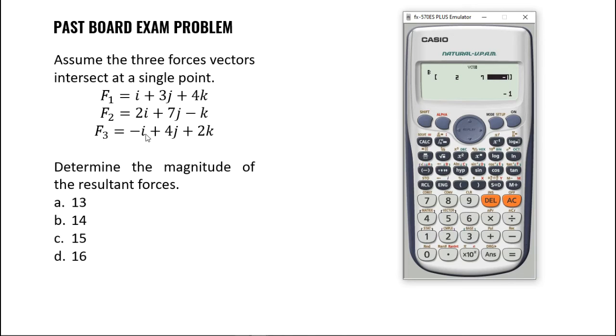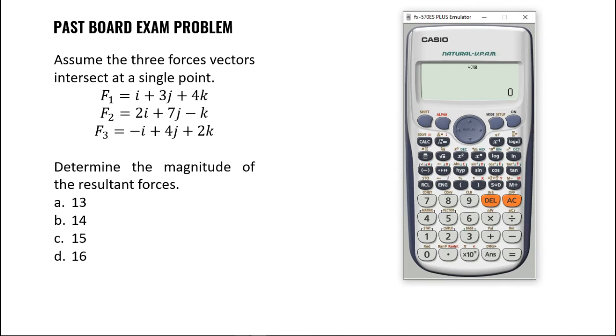Then, for force 3, sa C natin siya guys ilagay. So vector C. Then we have here shift vector, so data. Then vector C. Then 3-dimensional din siya. So we have here negative 1, we have here 4, and 2. Okay? Then, gawin natin guys is, pag inadd natin siya lahat, of course, makukuha natin yung resultant force in terms